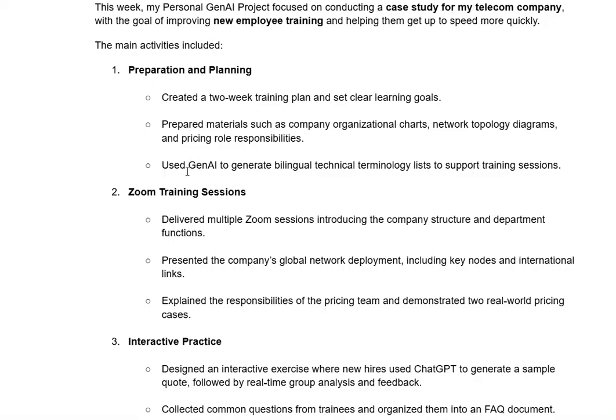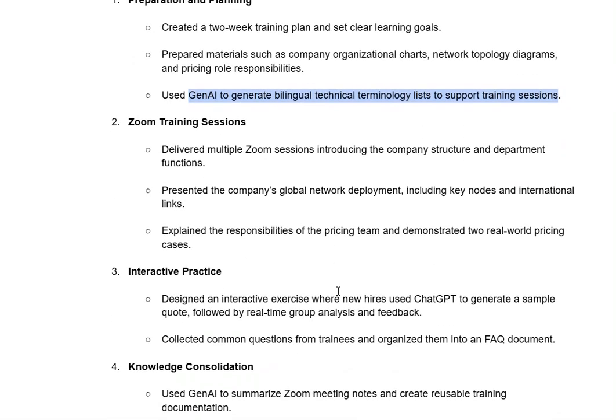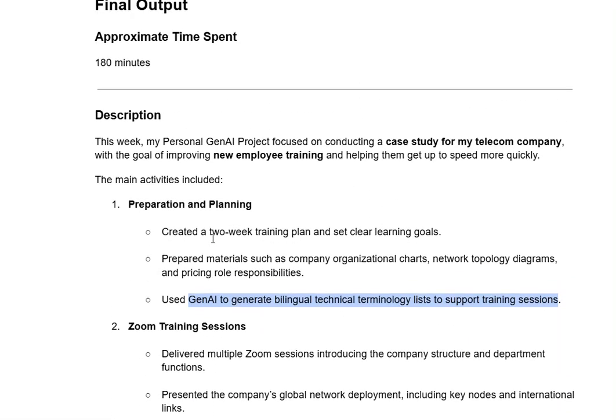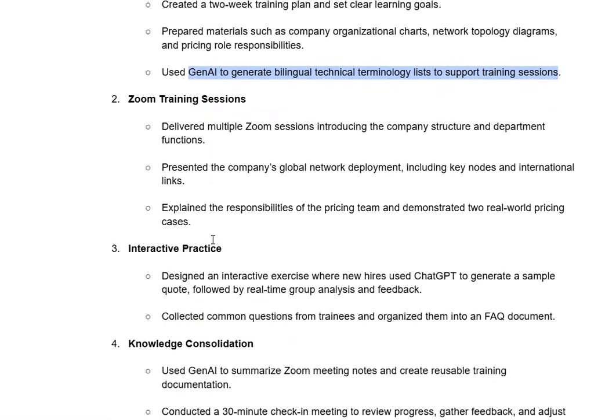Okay, here, using Gen AI to generate bilingual technology term lists. Okay, nice. Okay, so I guess I need, where's the product, right? So I'm looking for the product here.